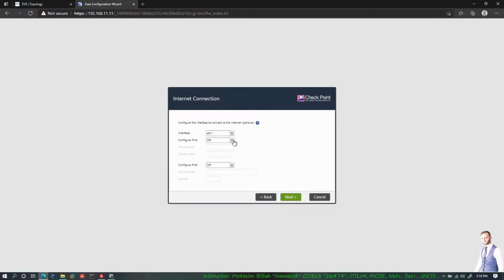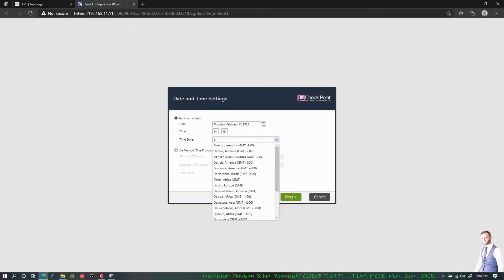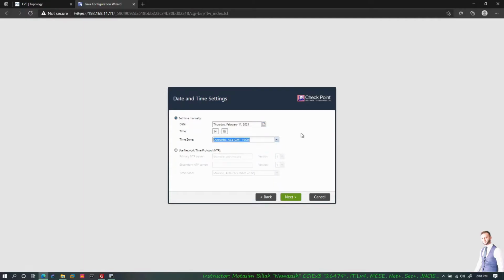I do not have ETH1, and the host name that I would give is policy management server. The DNS is once again our internal DNS that's located at 11.10, and the time zone. Next,